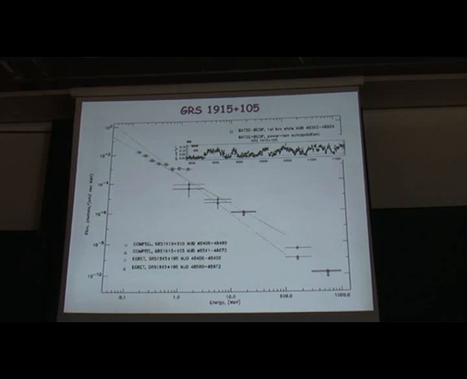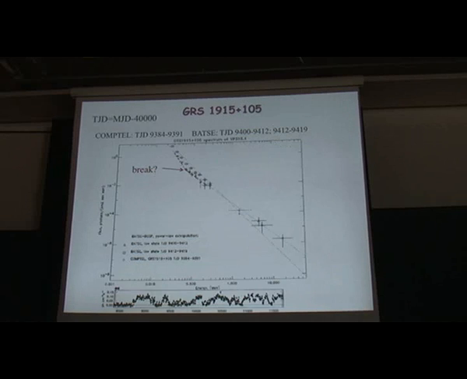And this particular spectrum is shown for this episode. This small one just shows that the object is in a low hard state, so it's not flared. The next episode is immediately connected to this one. These are red arrows, this is for the COMPTEL time interval, and the green one for OSSE. If you just add BATSE data to the spectrum, you can see that the spectrum follows the same power law slope up to the break point, which is quite low in energy. It's about 30 or 40 keV, and then it steepens, going up.